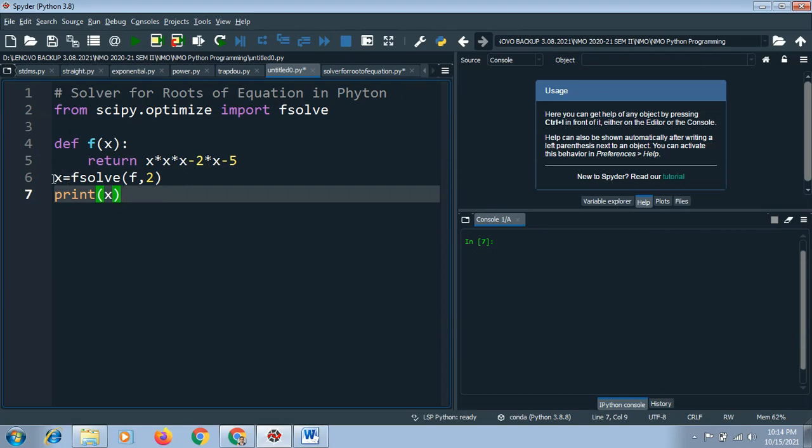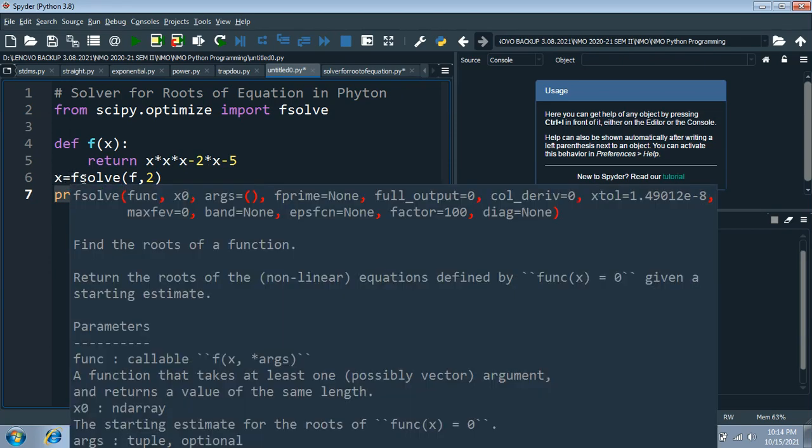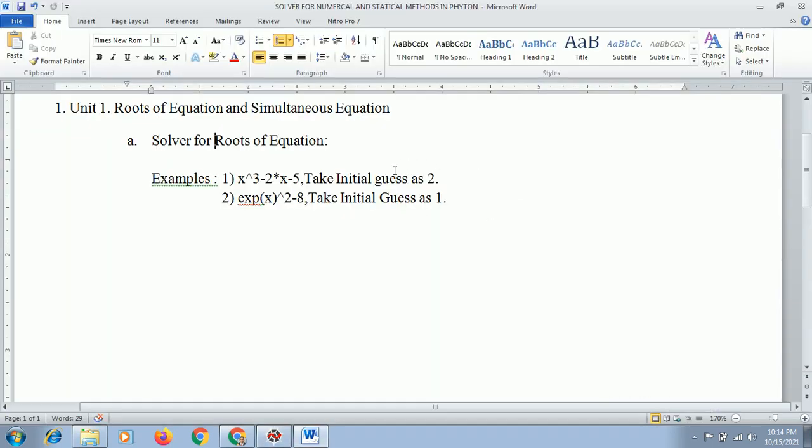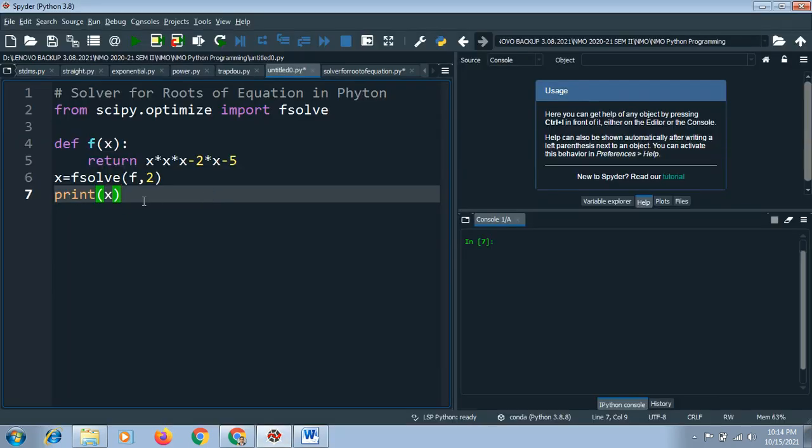Then in the sixth line, x equal to fsolve. fsolve indicates function solve; in the bracket, f represents this function, and comma 2 represents the initial guess. In the problem we take the initial guess as 2, so I have written 2 here, and then we print the value of x.